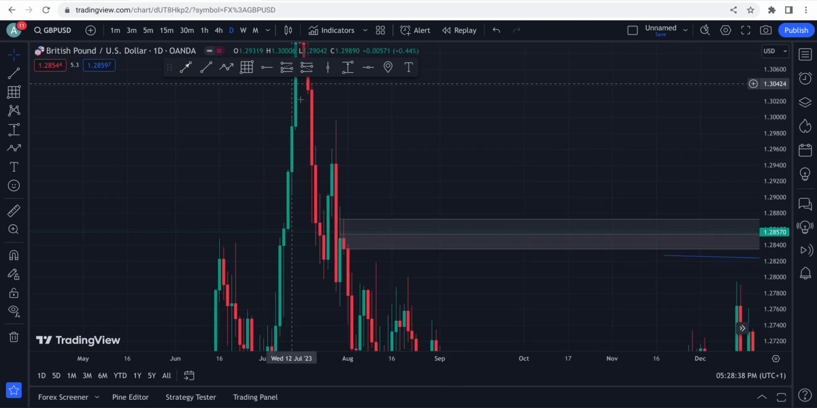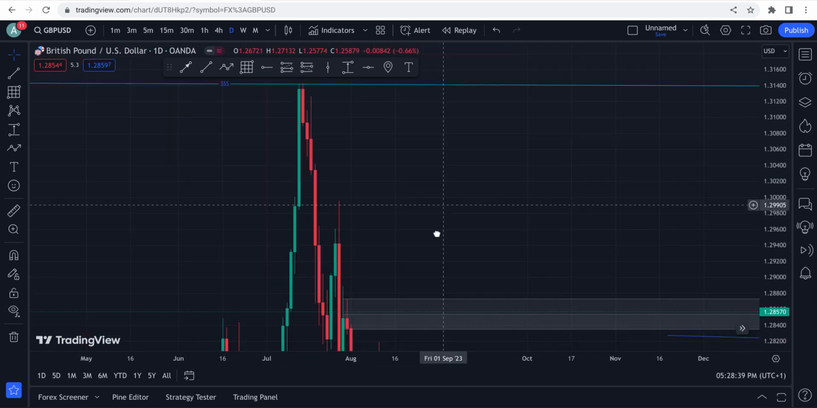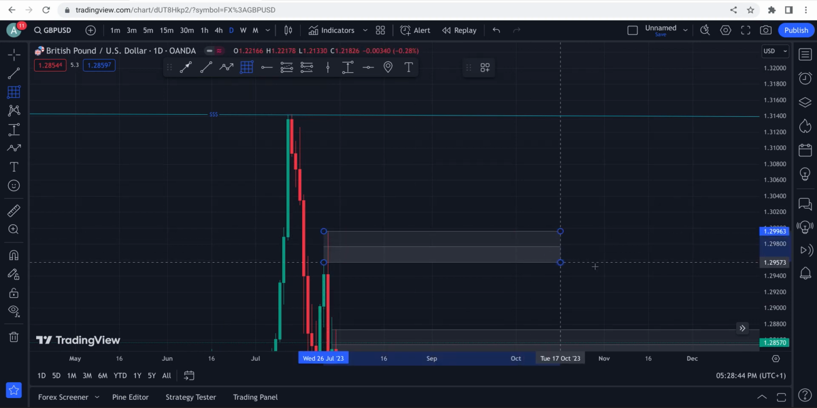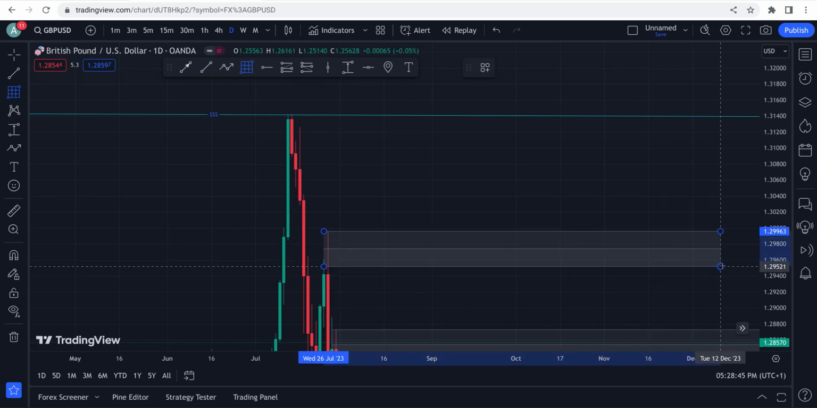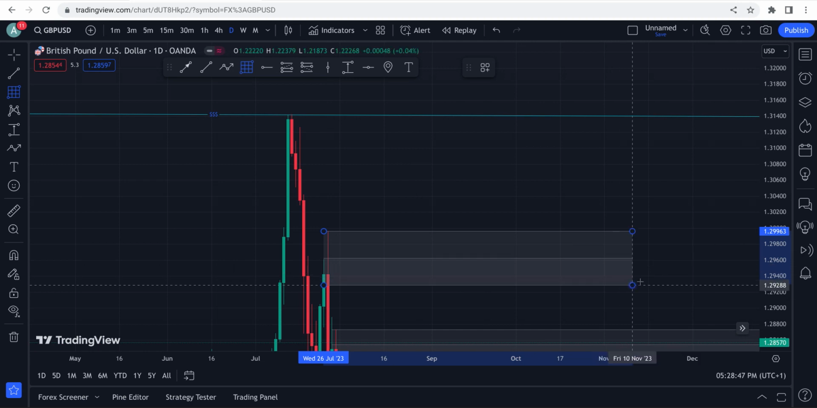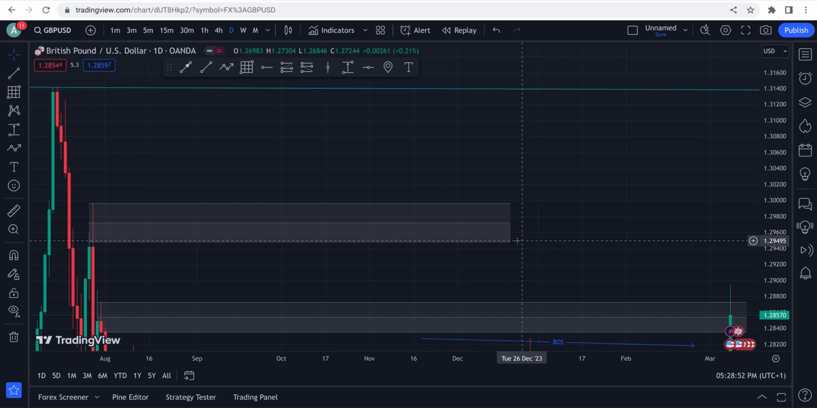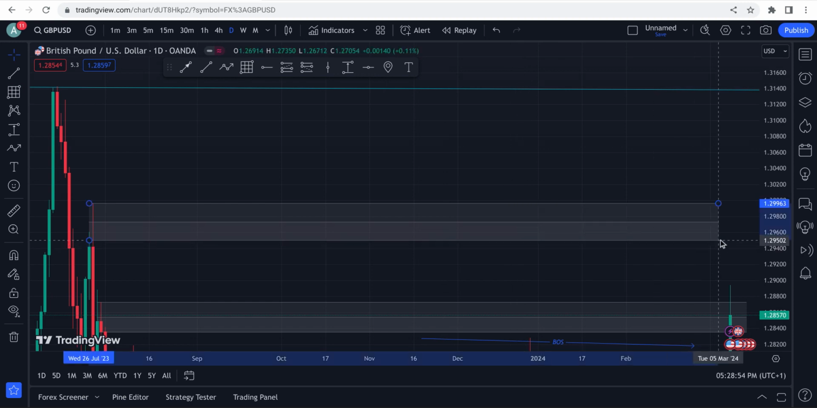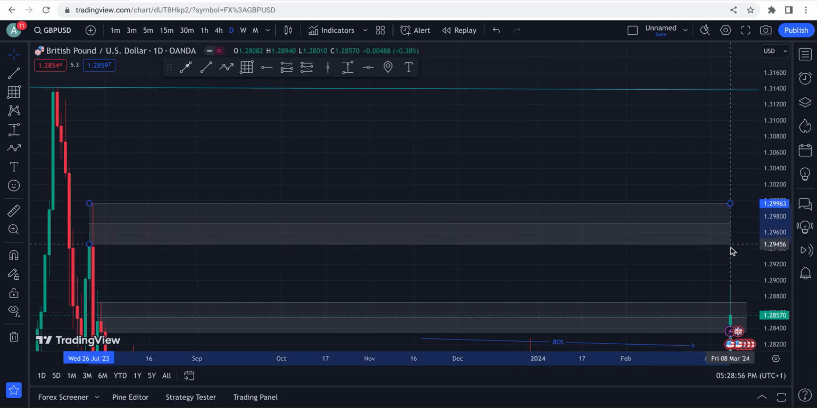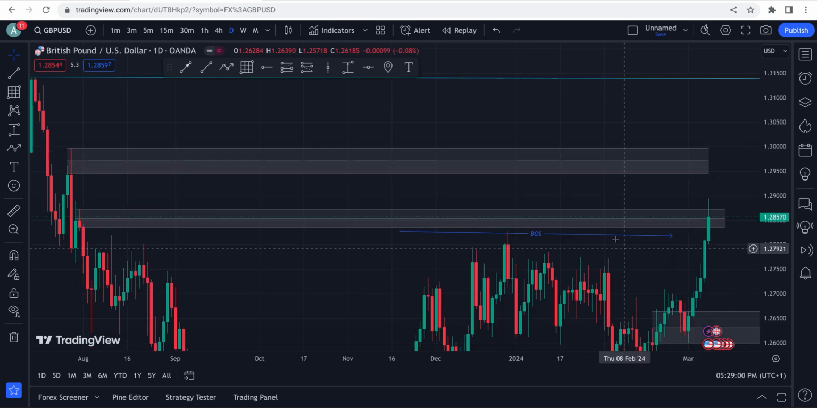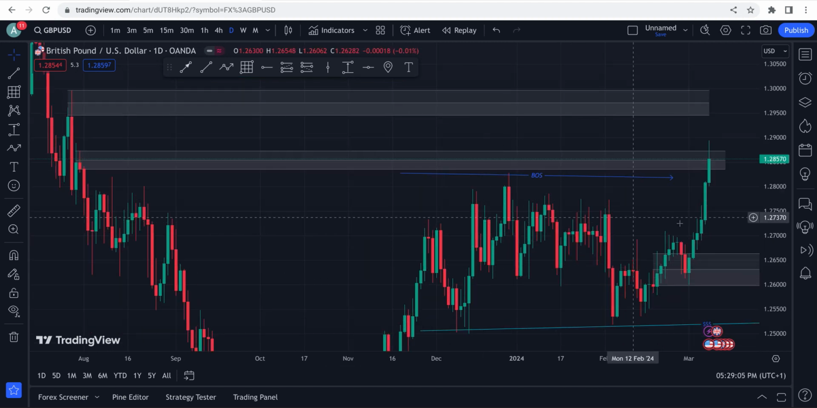We still have some little supply zone here on the daily time frame, guys. So this is the little supply zone on the daily time frame, in which I'm expecting price to tap into it. As you can see, price got into this daily supply zone, and then after that price broke the